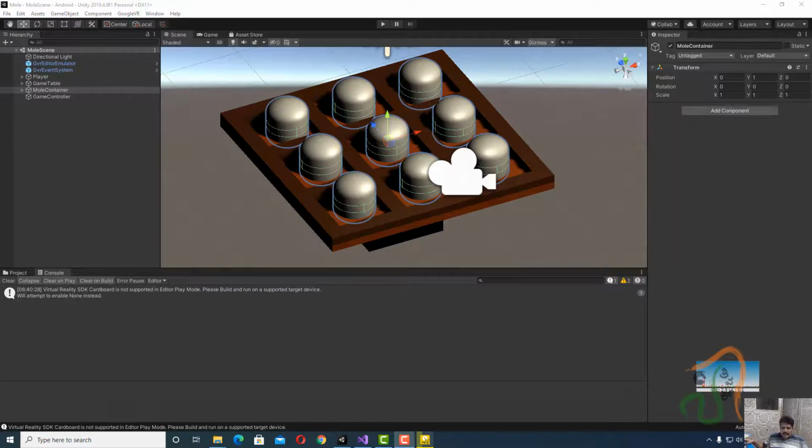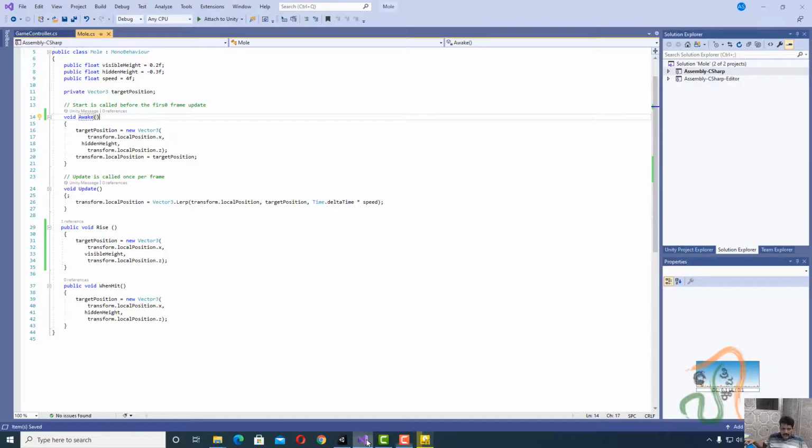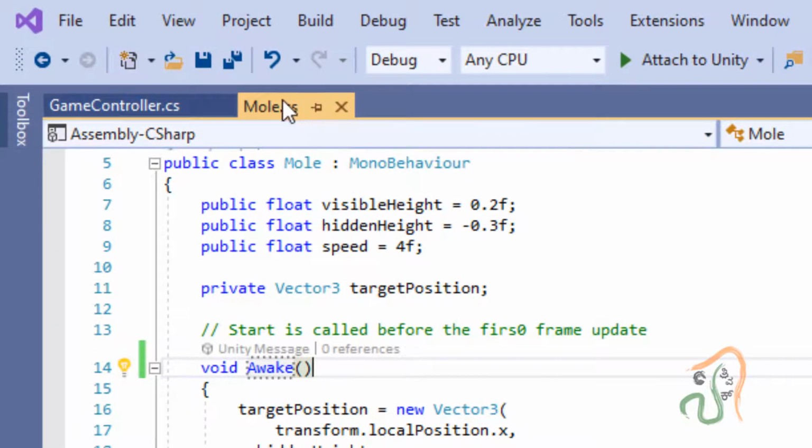To make it disappear after some time, come back to Unity here and now come to the mole script.